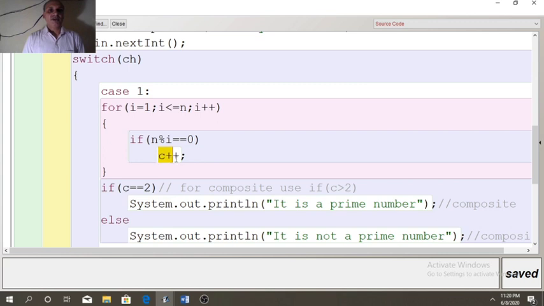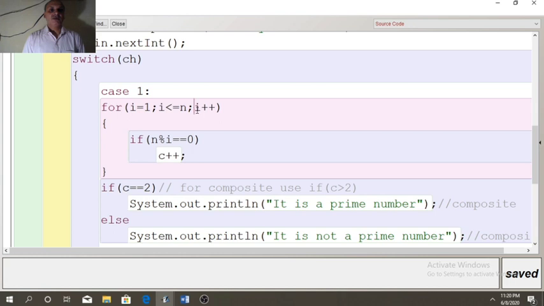Then the body of if will run, C++. It means first factor we have found. So C will increment. In the beginning C was 0. Now C will become 1. Now the body is over. Since 1 divides the number 3, we have got one factor.